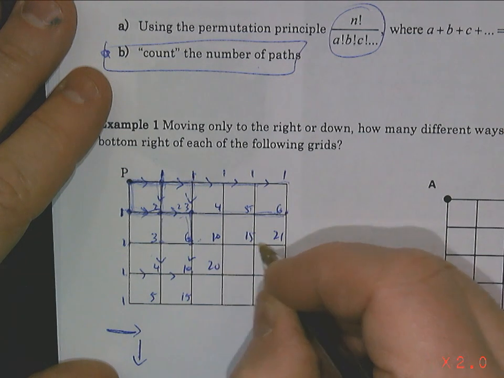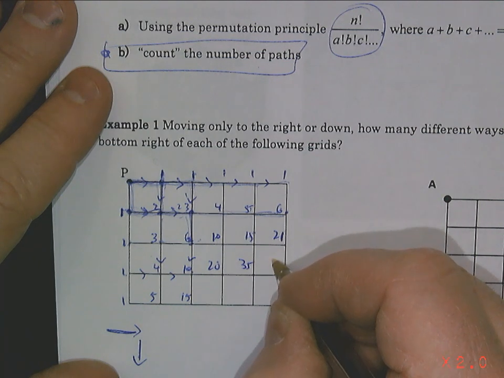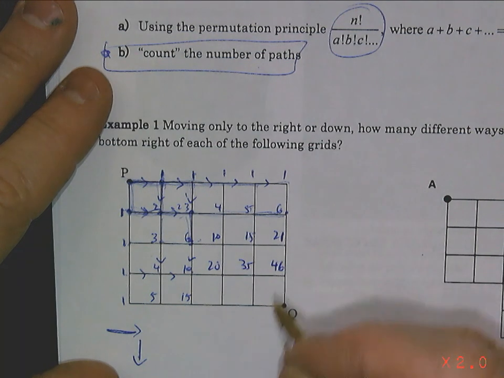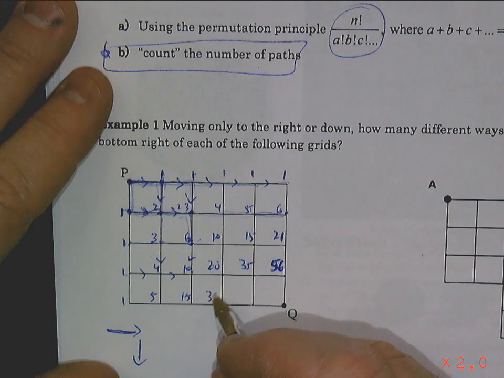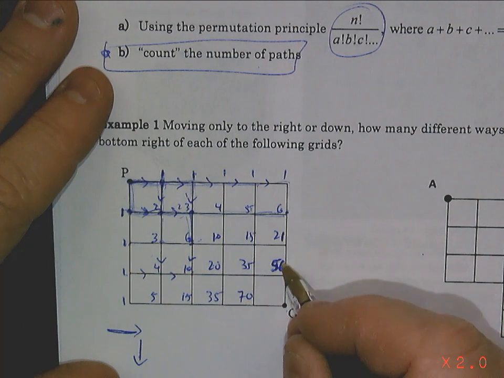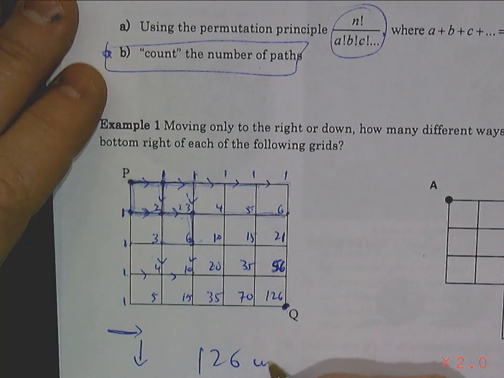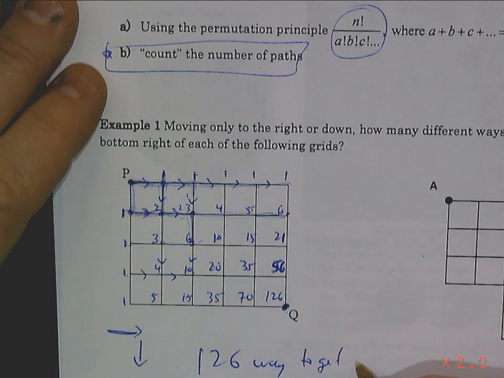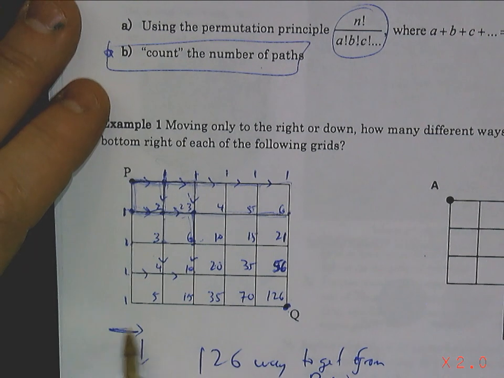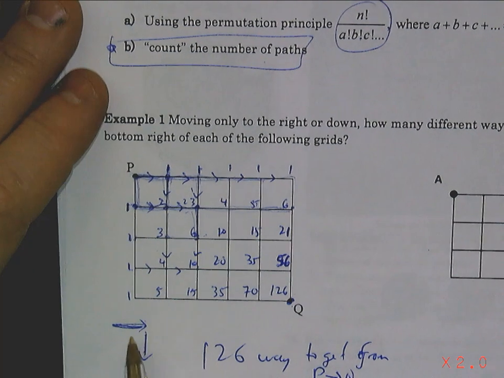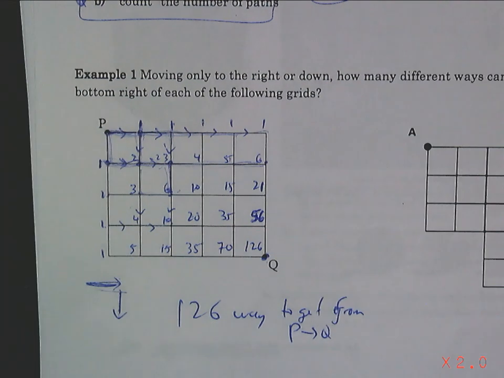10 and 10 is 20. 15 and 20 is 35. 21 and 35 is 56. 20 and 15 is 35. 35 and 35 is 70. 70 and 56 is 126. There are 126 ways to get from P to Q, only going right and down. The other way that only works for beautiful little rectangles like this would be to think